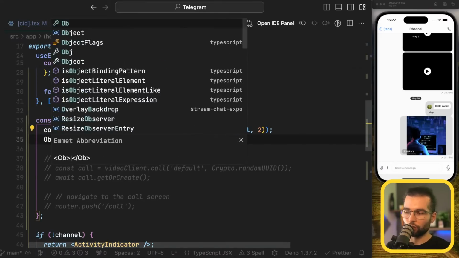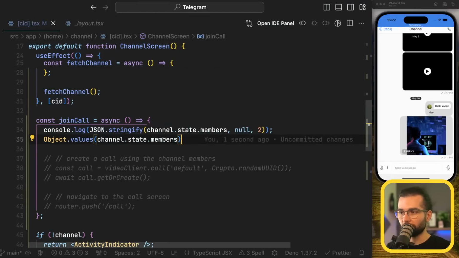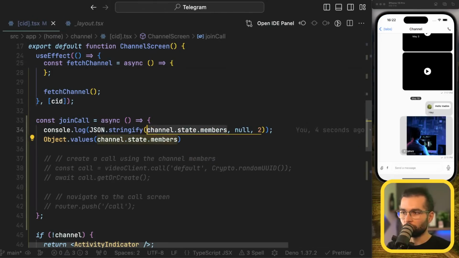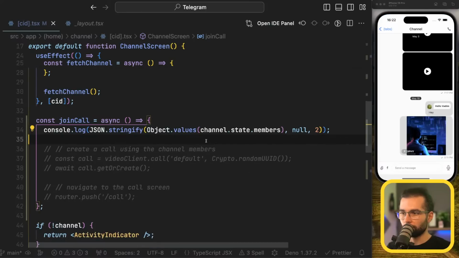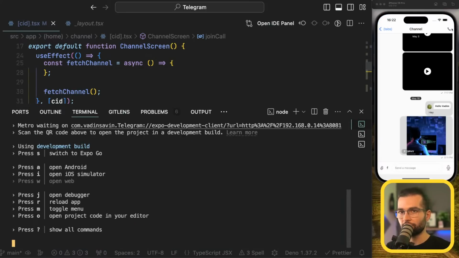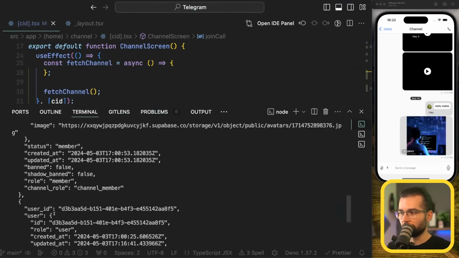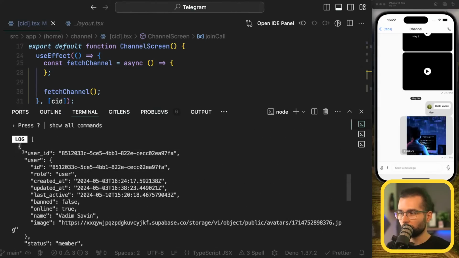I'm going to do Object.values, and by calling it on these members, we're gonna get an array of members. Let's see that in action. Now this is an array